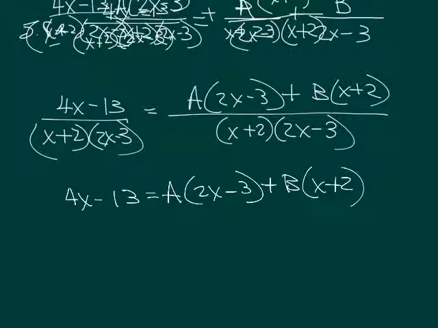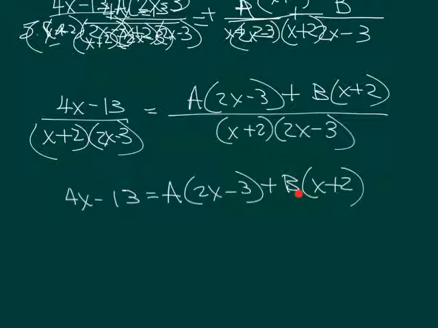Okay, so next step I'm doing is I need to find out what my A and my B are. So what I'll do is I'll look at my A first and think, okay, what do I need to put in here for X that'll make this 0, so that when I take 2 times a number minus 3, this is 0. So then this 0 times whatever A is going to be 0. So this whole thing will turn into a 0, which means I'll just have this equals this,